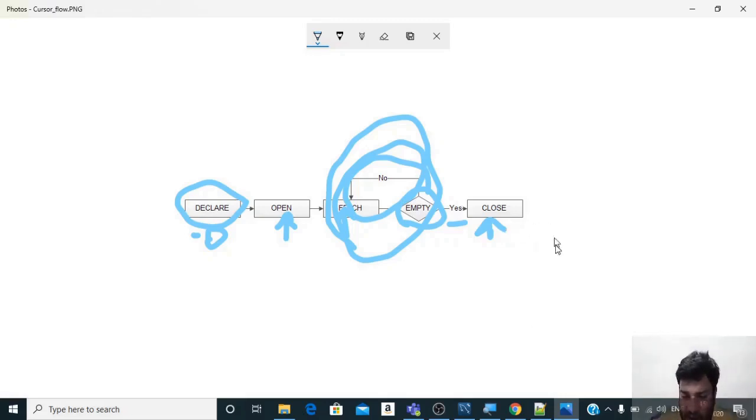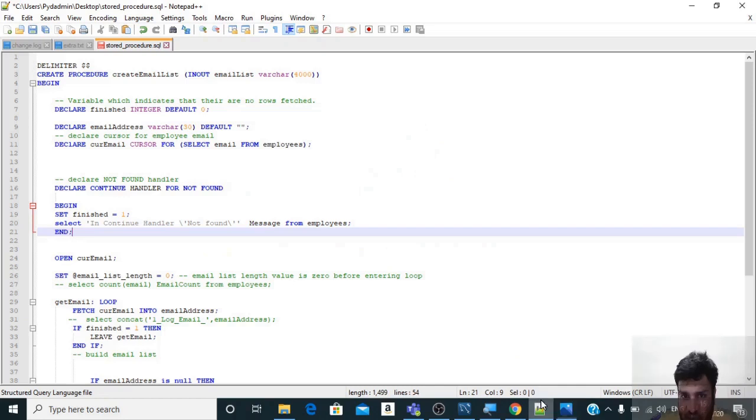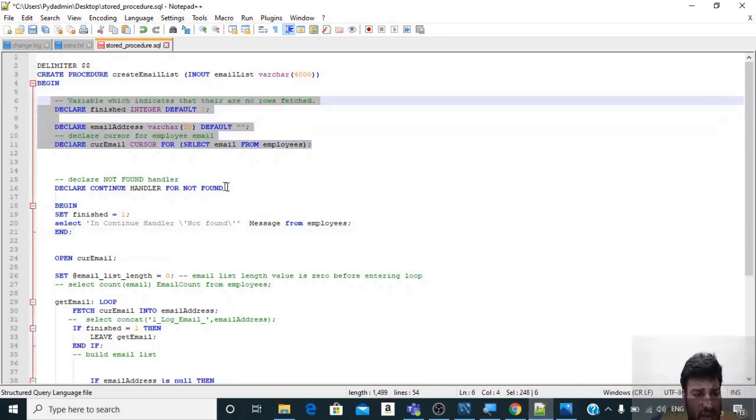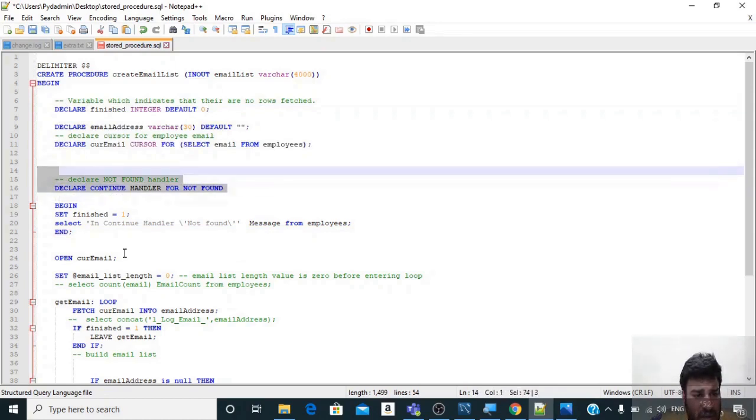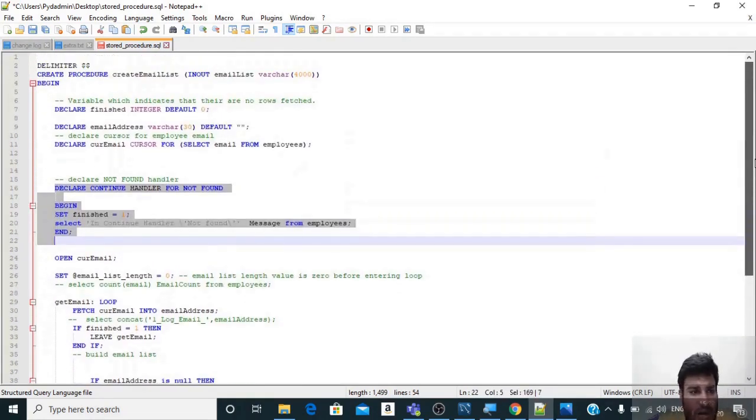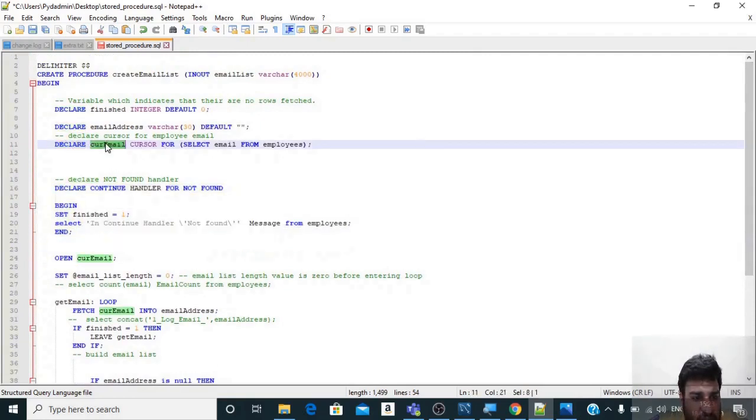Now let us go back to our scenario in our notepad. So these three variables, then we declare a continue handler for cursors. One point I need you to see is that when we declare a cursor, we declare it using a select statement. Whatever is returned by this select is the value that current email will pick.